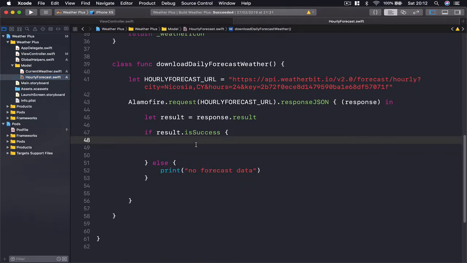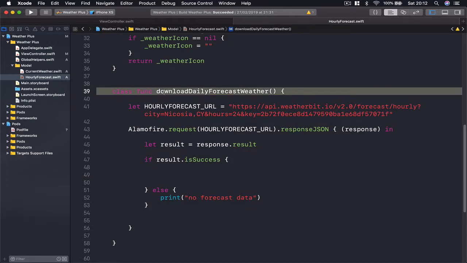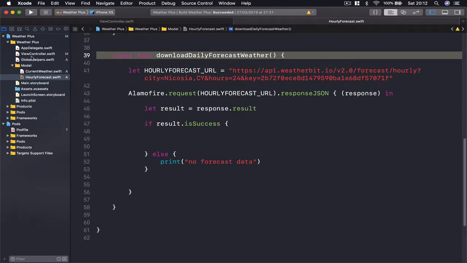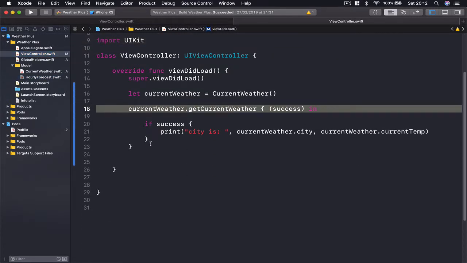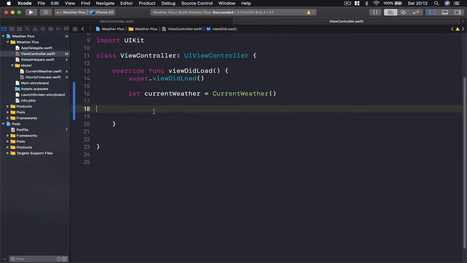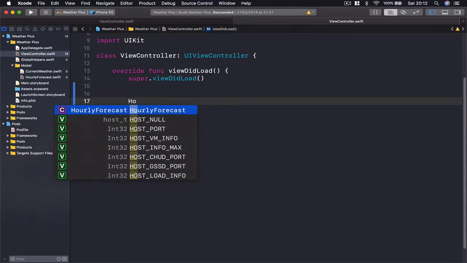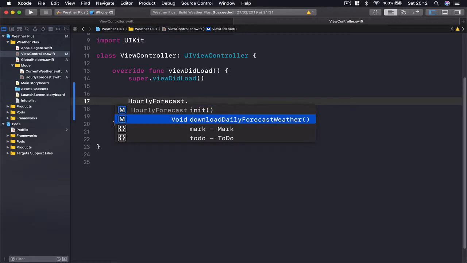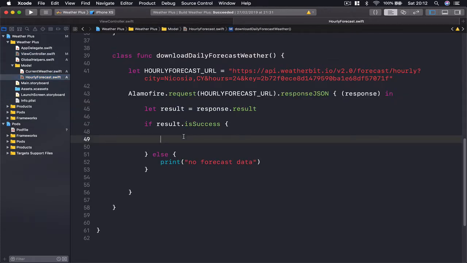So let's actually print our forecast here, our result, once we get it. But before we can actually work with it, we need to call this function here. So I'm going to jump to my view controller, and let's just get rid of this part. We're not going to need it, and this one as well. And what I need here is a hourly forecast, and we can download daily forecast. All right, and here let's say print,